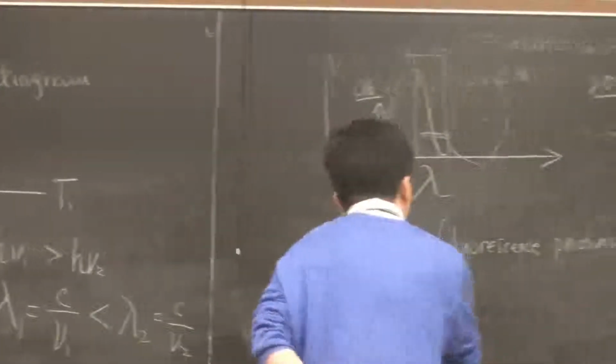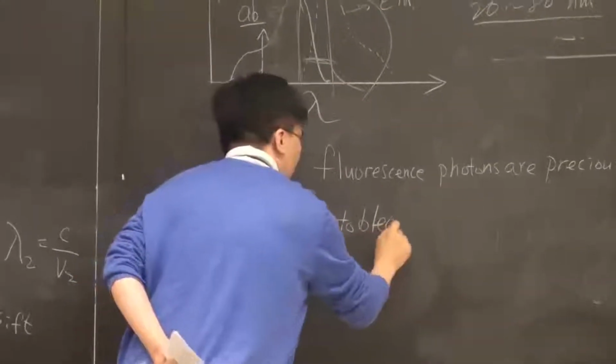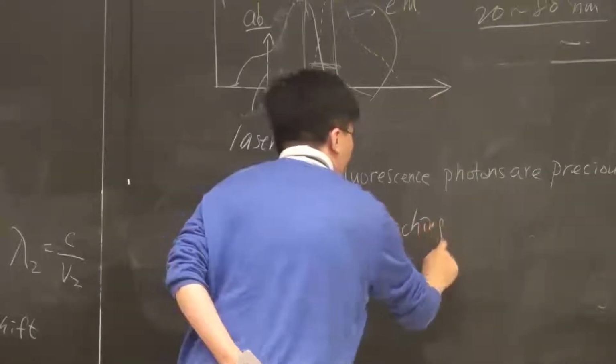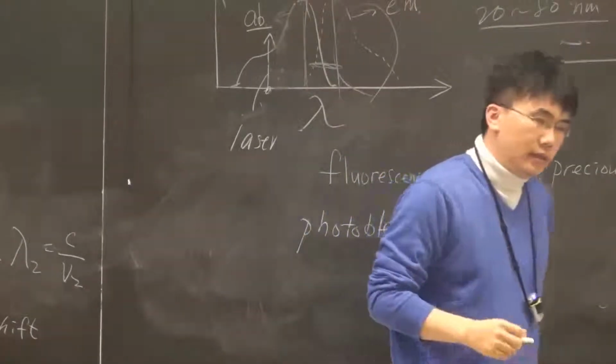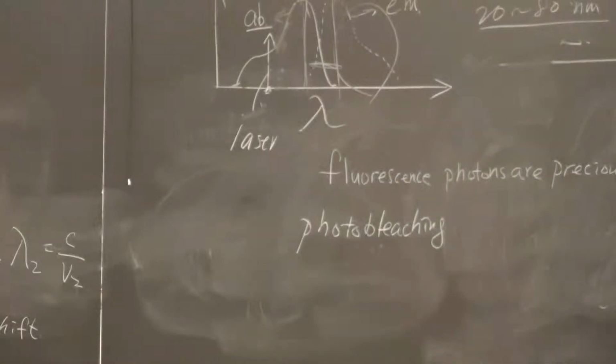And this actually is relevant to photobleaching. So if you leave your shirt out in the sun, I guess sometime later, then the color fades. That's called photobleaching. And in fact, fluorescent molecules undergo the same thing. So photobleaching is,